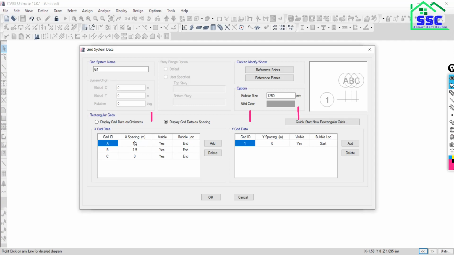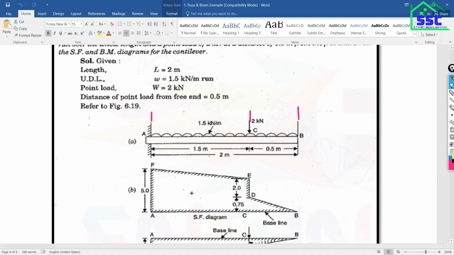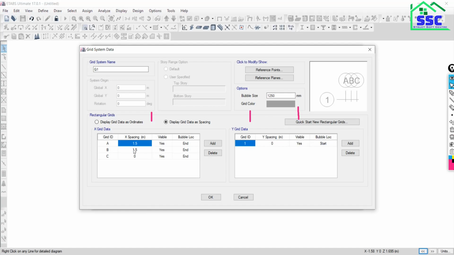Okay, the distance between 1 and 2 is 1.5, and the distance between C and B is 0.5. So it is done in the x direction. In the y direction we don't need to do anything.